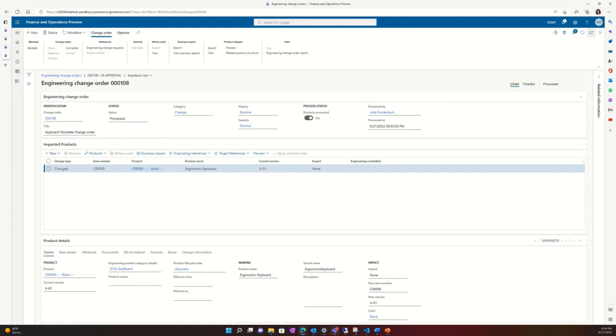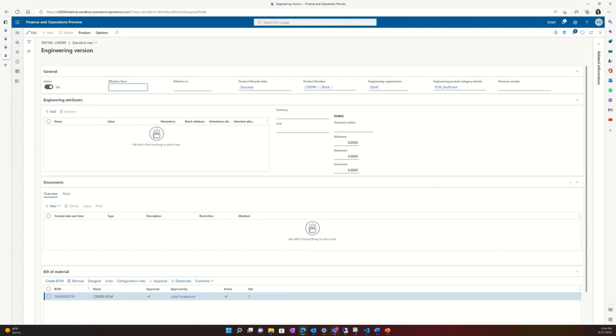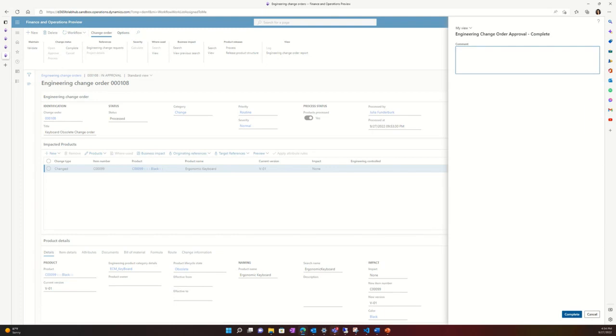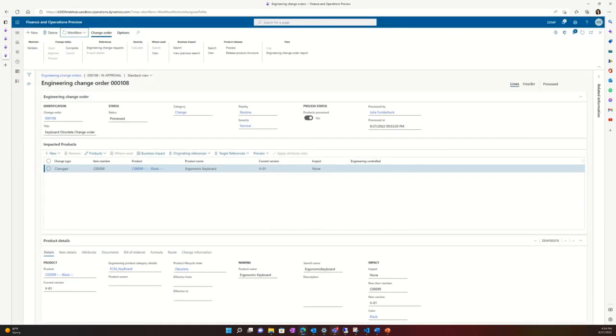The reason behind it is we want to make sure there's no business impact. The next step is we want to activate the newer version, which is the obsolete version in our engineering company. So we are accepting the task. Now we'll go to our engineering versions. Once we go to engineering version V01, we'll notice that the product lifecycle state has been changed to obsolete. And we'll come back and complete that task. Once we complete that task, it's going to release it from the engineering company to the operational company. And now if I go back to my workflow history,